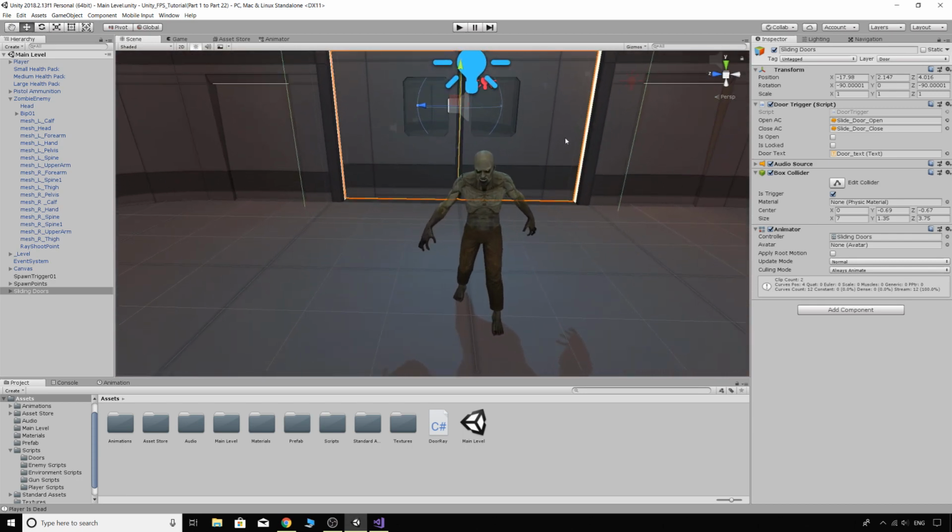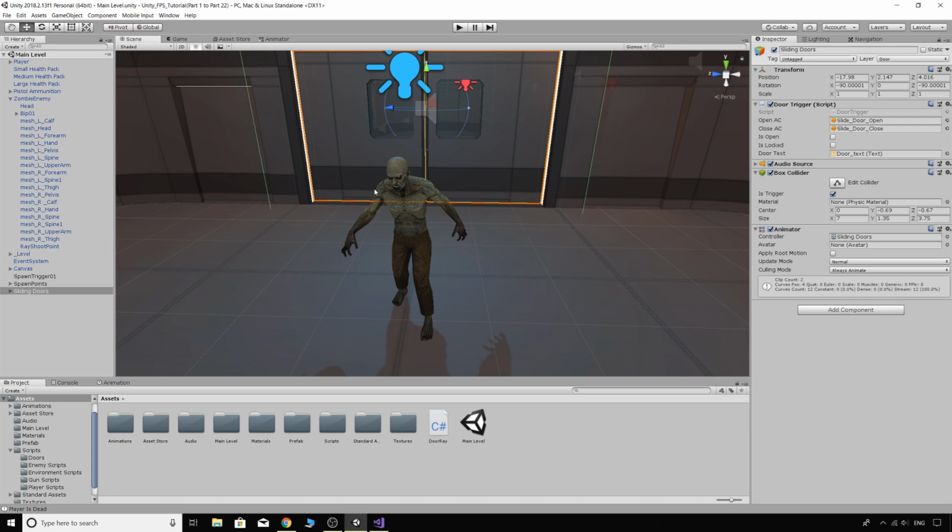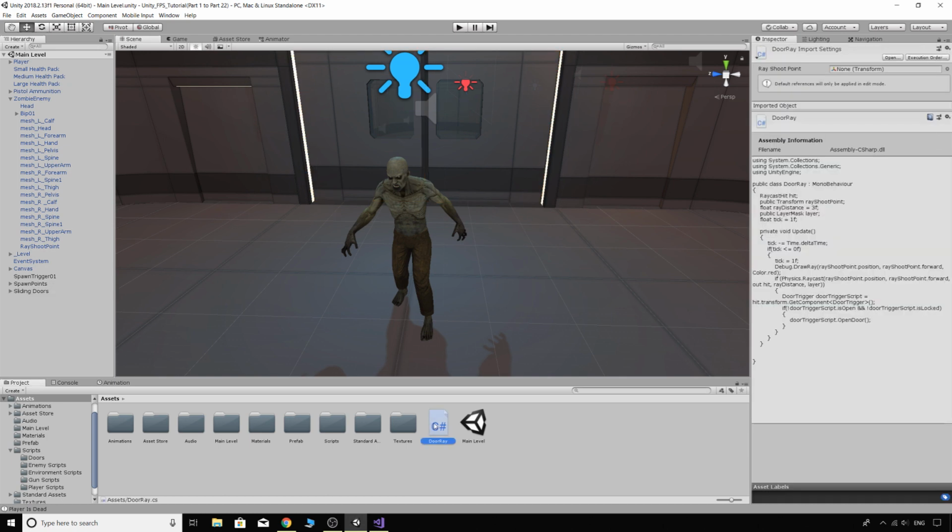We also check for a few things as well, but for the zombie I'm going to do it a different way just so we can see a couple of different ways that we could do this. And this way is a really good way of doing it as well, in my opinion, and that's going to be having a ray fire from the zombie's eyes here and check for a door. And we're going to do it in a bit more performance saving manner,